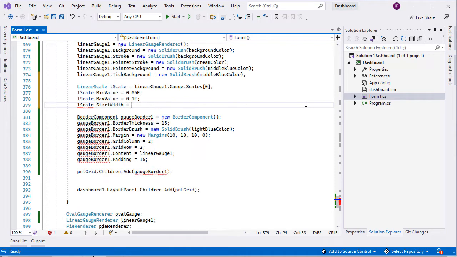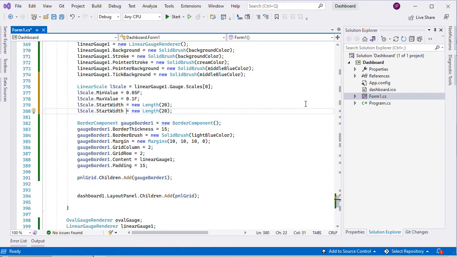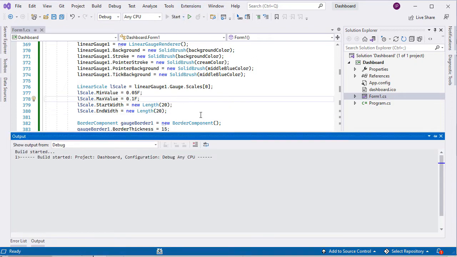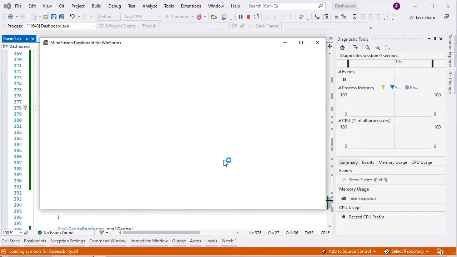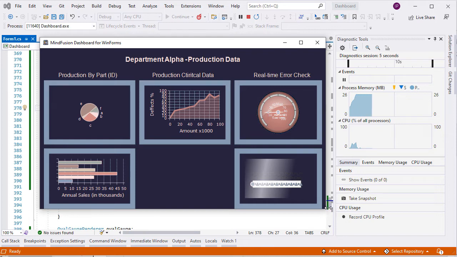We want to make it thicker. In our case, we use the same value, 20, which is of type length. Here is our gauge with the updated scale.